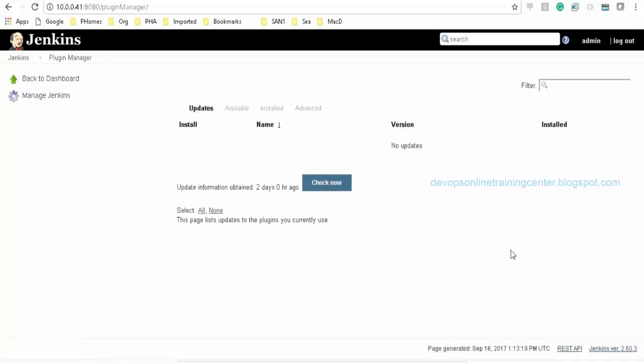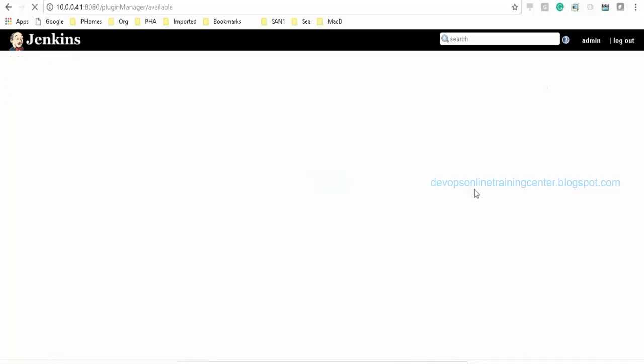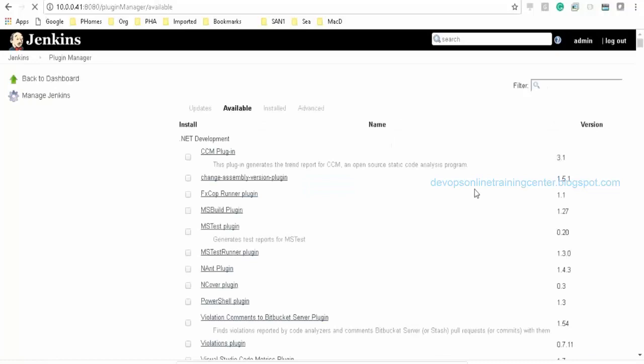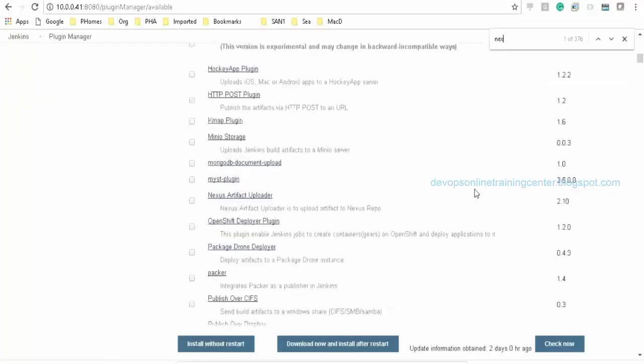Available. Yes. Let me search for Nexus. If you see, there is this thing called Nexus Artifact Uploader. This is the plugin which we need to use to store the binaries on Nexus. Install without restart.